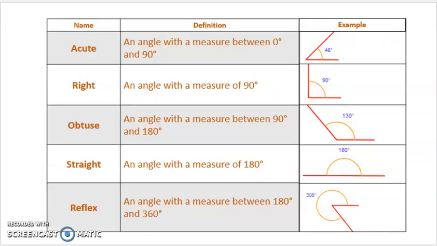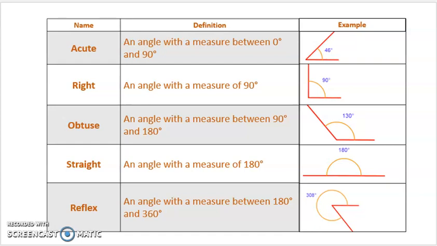Now, you can also classify angles, and geometry loves to do classifications. You can identify angles by their measures. These are the common 5 classifications. An acute angle, which my students used to remember by saying that's a cute little angle. Anyways, an acute angle is an angle with a measure between 0 and 90 degrees. Between means that it cannot be equal to 0 and it cannot be equal to